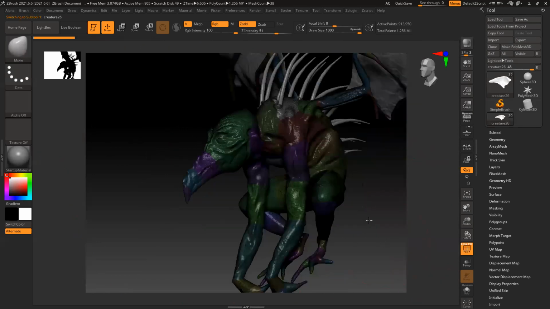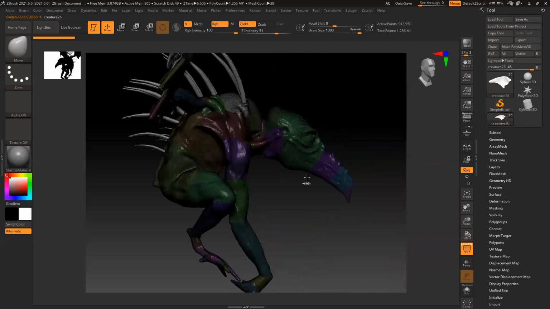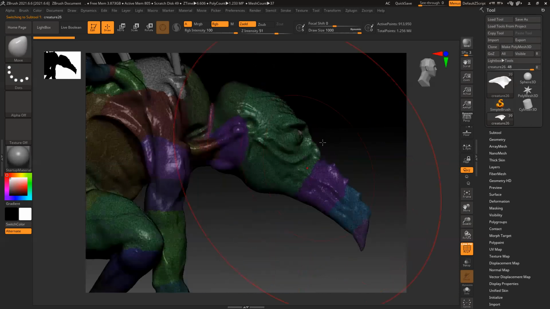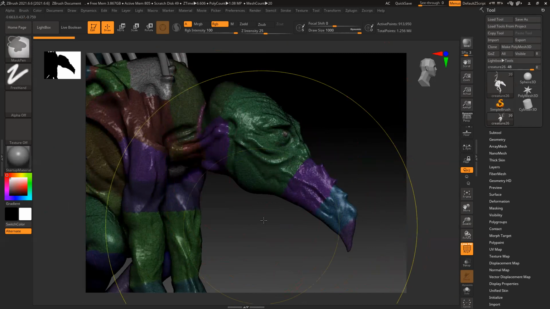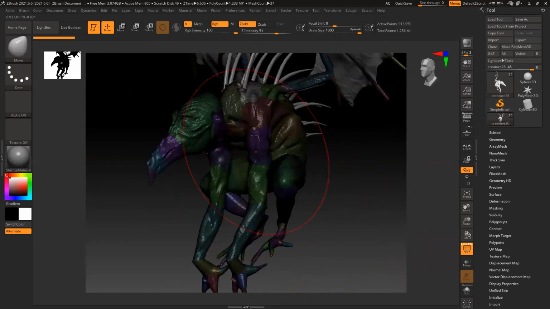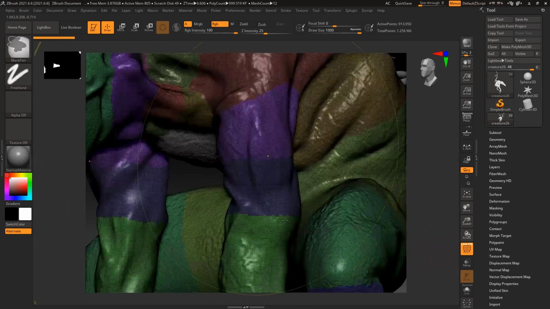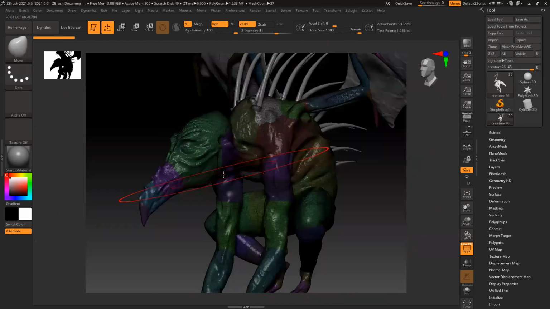So everything is together, right? If you separate the beak, you can detail it nicely. If you keep the eye separate, you can detail it nicely. Rest of the part is fine. After doing this, you have to dynamesh the model or remesh the model, then add detail. For blocking purposes, this is fine. After this, you have to apply a Dynamesh or a ZRemesh, so it will give you proper topology based on the shape, and then add detail. That will give you more control. While blocking out the model, once the blocking is done, remesh the model, then subdivide and add detail.